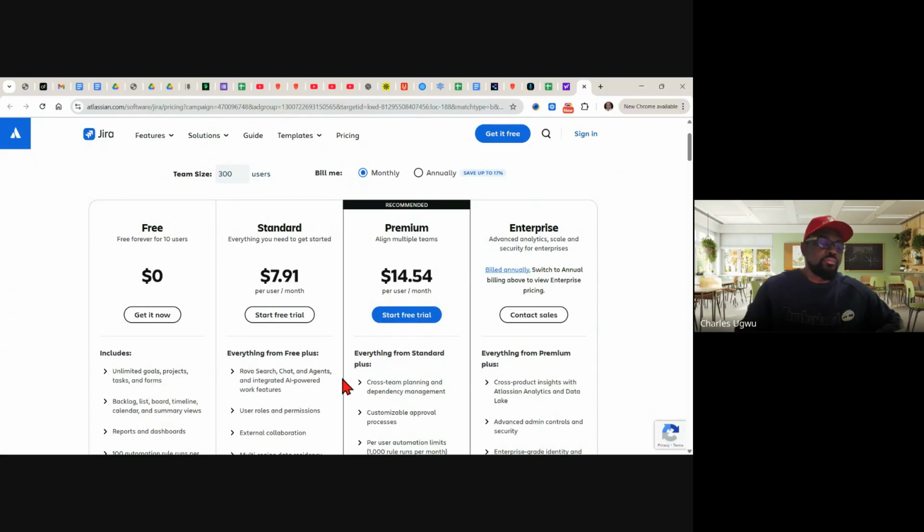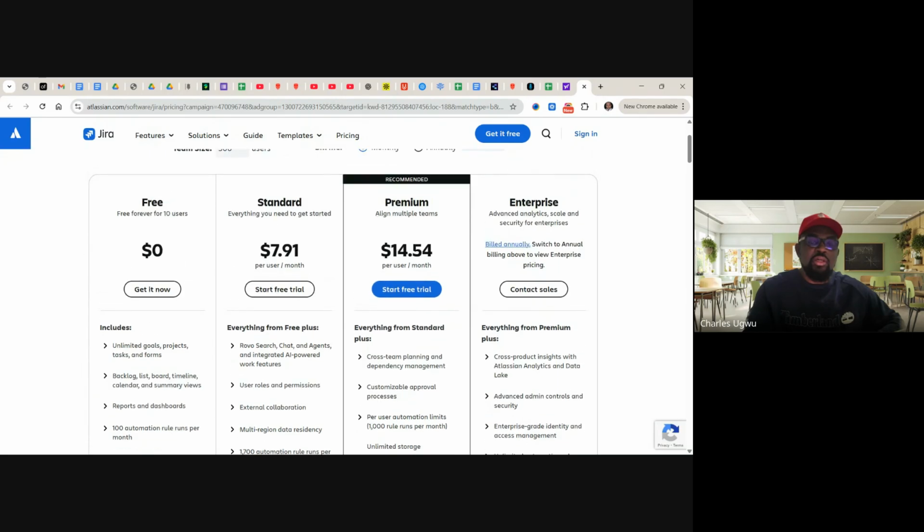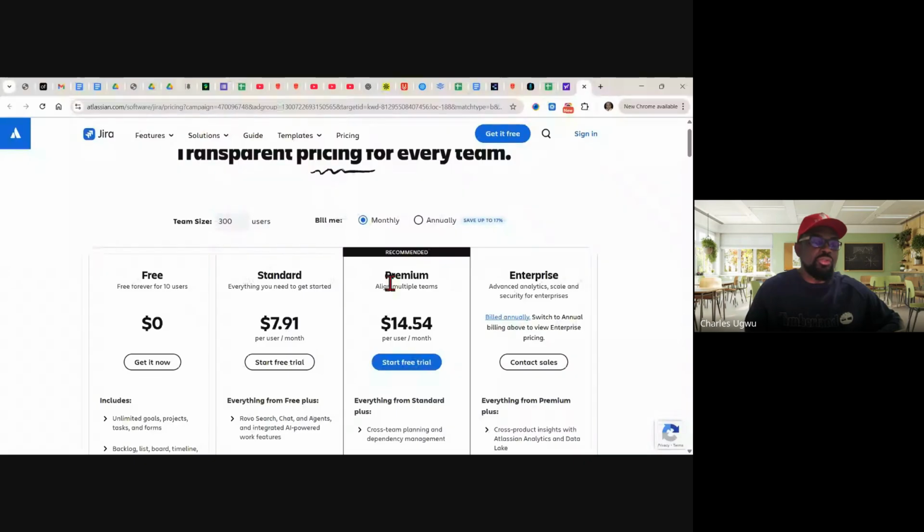So, and that's what we're going to use. If you have multiple teams, you can scale up and start using standard, premium, or enterprise version. So I encourage you to play around with this.